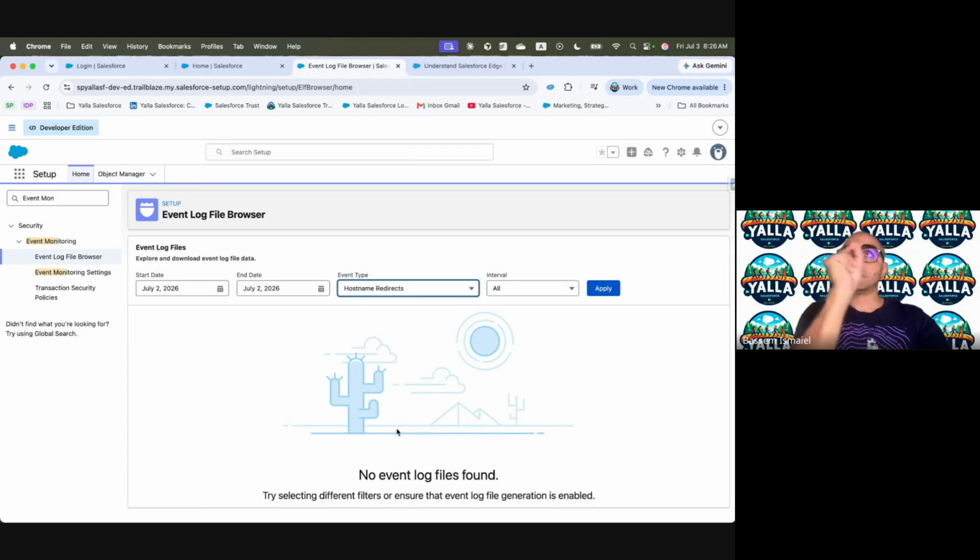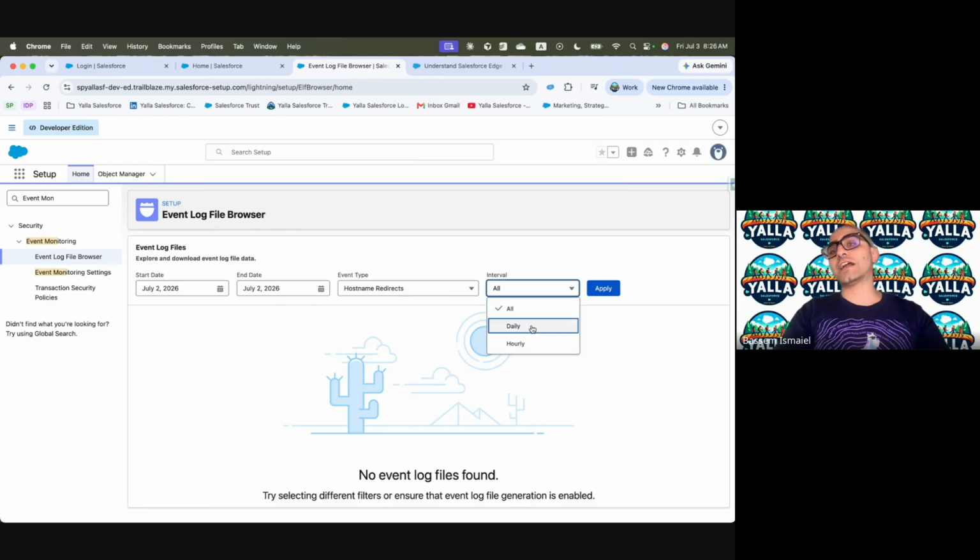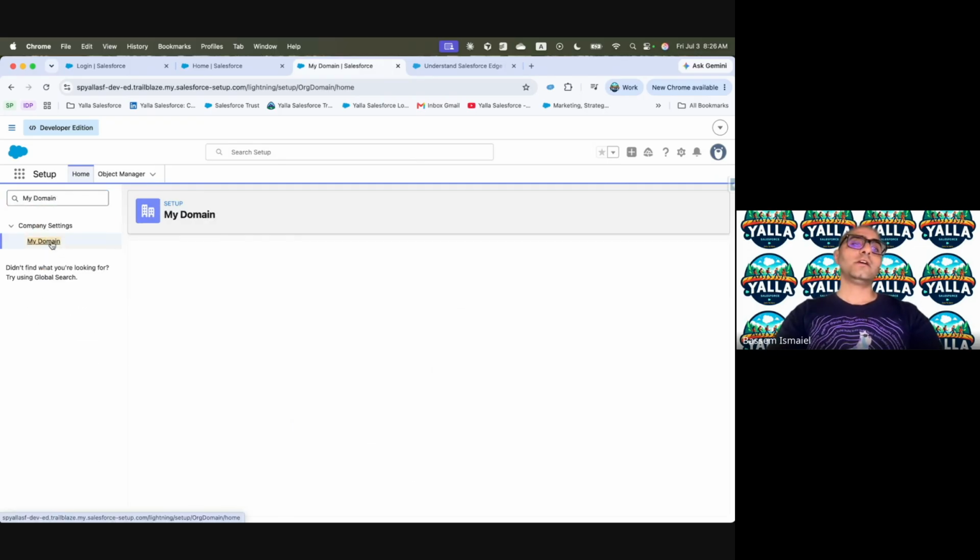So if you enable this checkbox, which we use to track who still uses the old URL and who has a redirection, this is the event type that Salesforce will be using within the event log browser. And then you can say, I need to track this daily or hourly and so on. But let's go back to My Domain, because we don't need to be there.